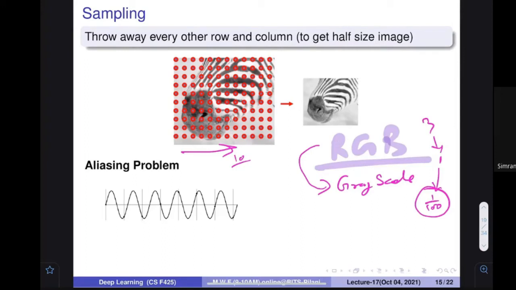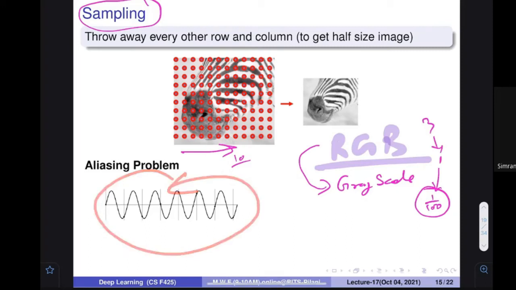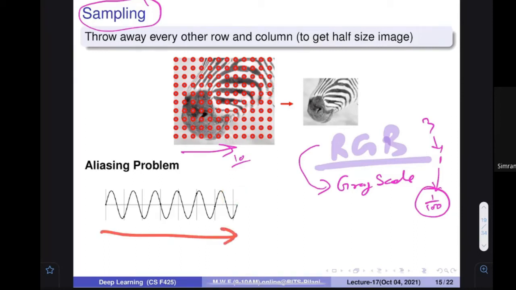However, there are some problems when we do the sampling, and how to avoid those problems is actually difficult to tell upfront, because you have to get involved in the problem to understand what may happen. For example, here you can see the signal is a sine wave. You know that there is some amplitude, and there is some frequency. You can count, for example, in this particular duration, how many times it is changing: 1, 2, 3, 4, 5, 6, 7. Let's assume this is a 1 second duration. So what is the frequency? The frequency is 7.